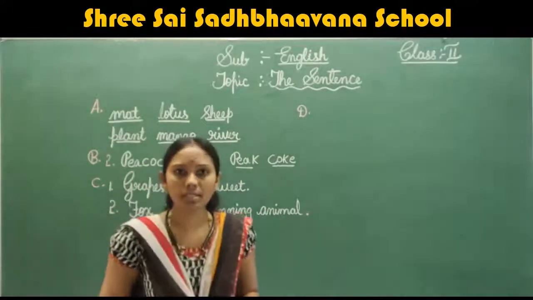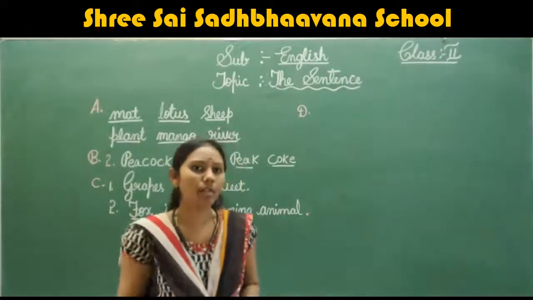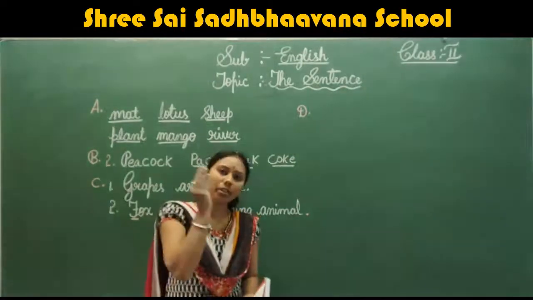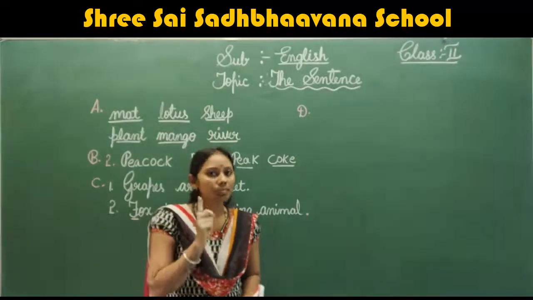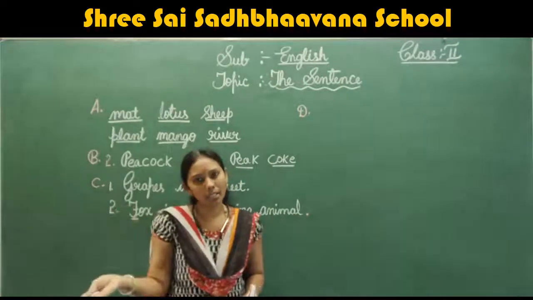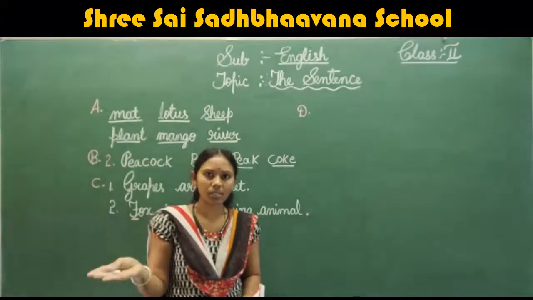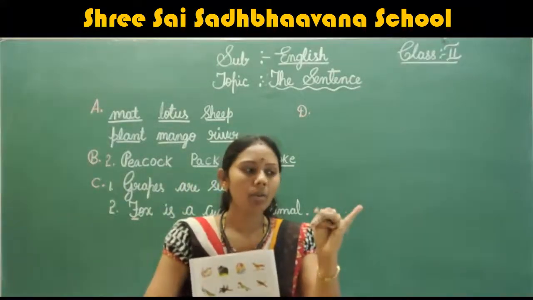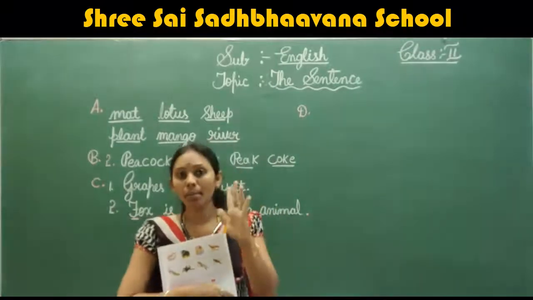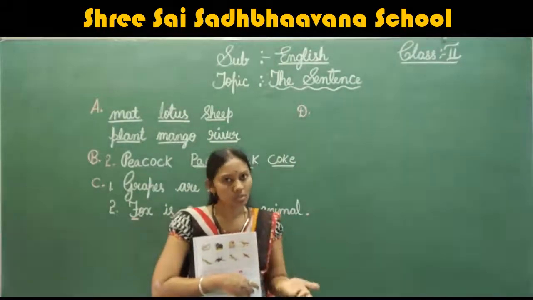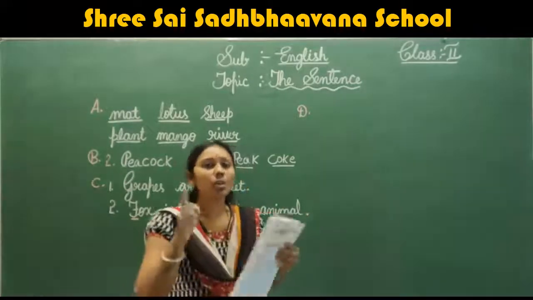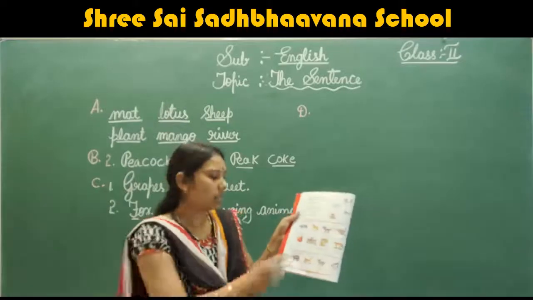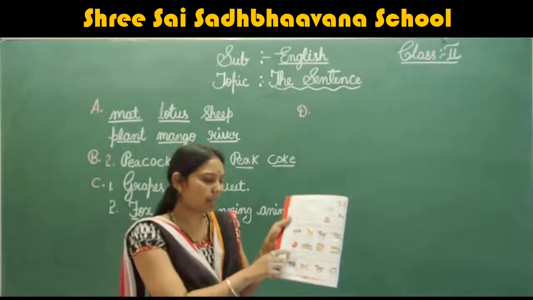So what are consonants? This was in the previous class. You have learned that the 26 letters of the alphabet are divided into two groups: 5 letters for the vowels and the remaining 21 letters for the consonants. What are the vowels? A, E, I, O, U are called vowels. The remaining 21 letters are consonants. Using the consonants, you have to complete the blanks by seeing the picture.